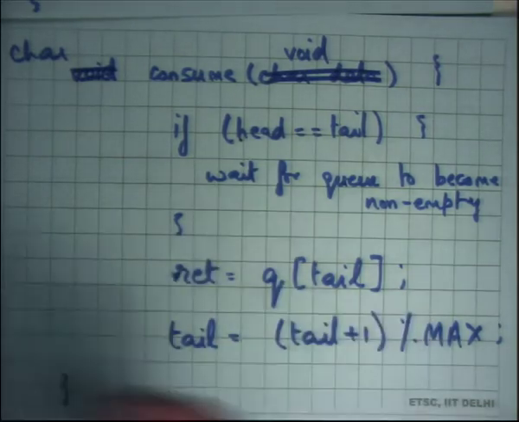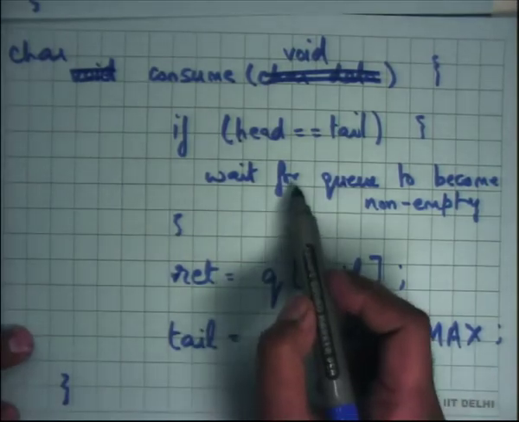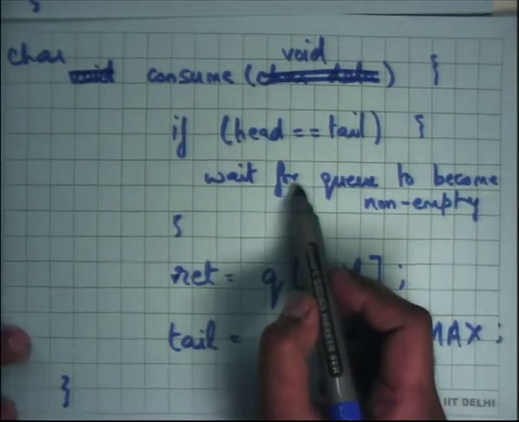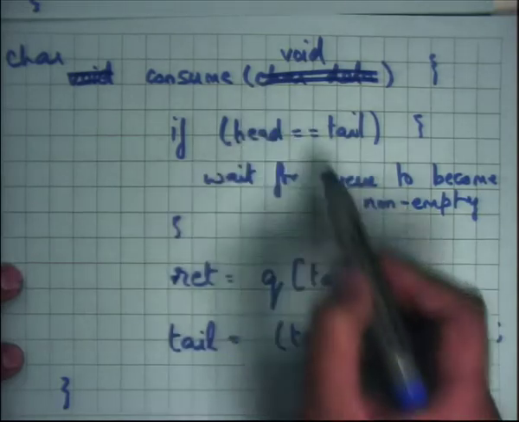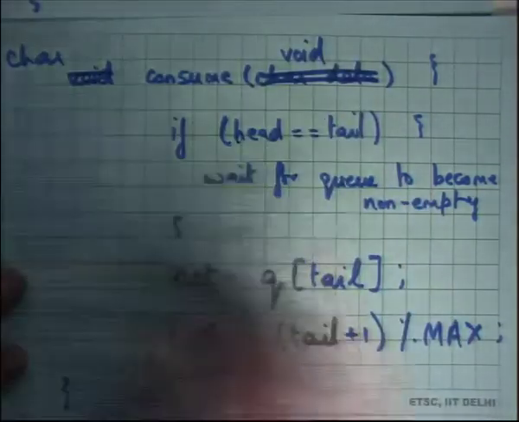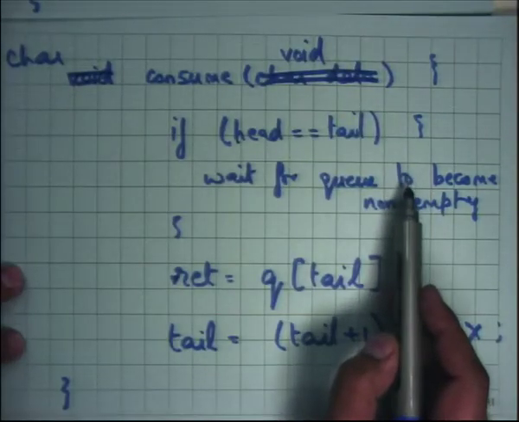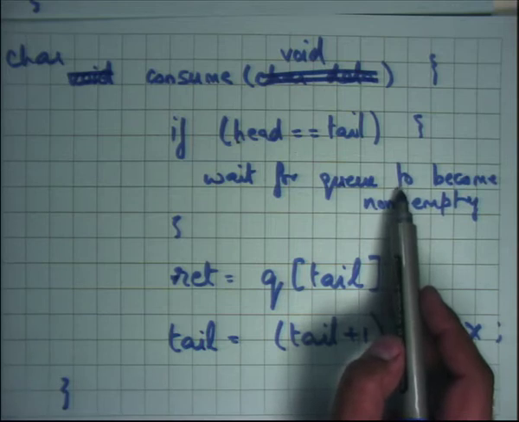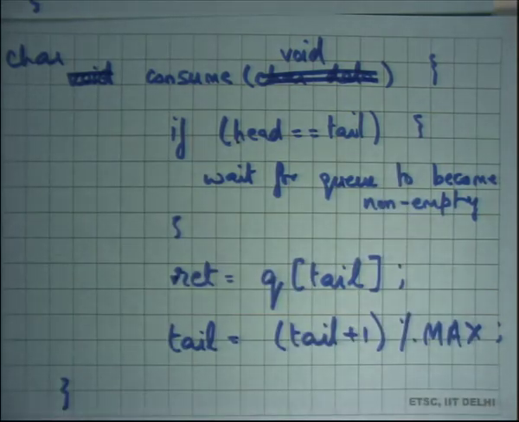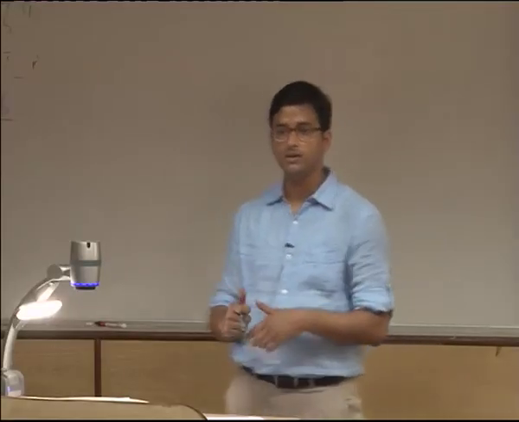Okay. So now my question is, there are multiple threads, one thread is calling consume, one thread is calling produce. It's possible that the produce finds the queue full and it waits for the queue to become not full. Similarly, it's possible for the queue to become empty and for a thread to wait for it to become non-empty.